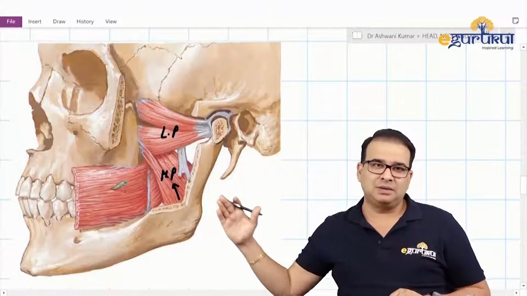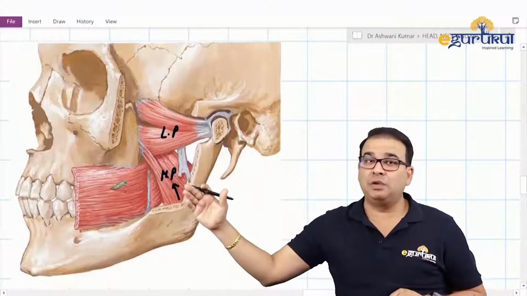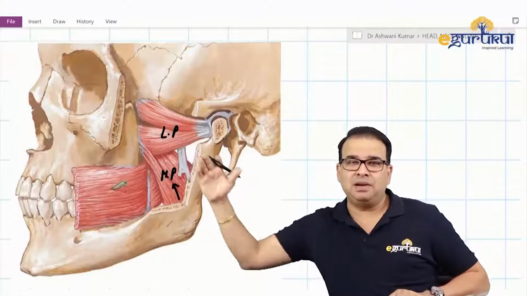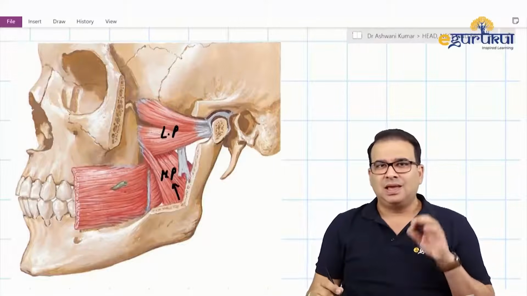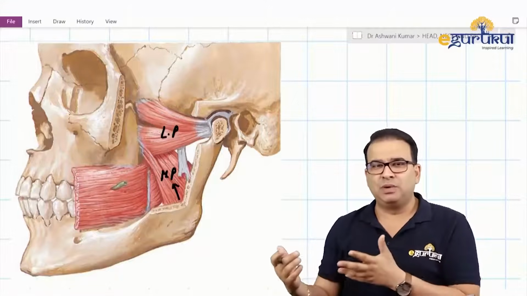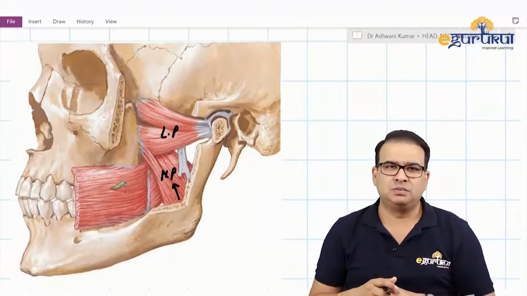Isn't it just like the masseter muscle? So even the medial pterygoid's action will be what? It will elevate the mandible and it will slightly protrude the mandible also. It helps in the protraction. And then comes the most interesting muscle, probably the muscle most commonly asked in